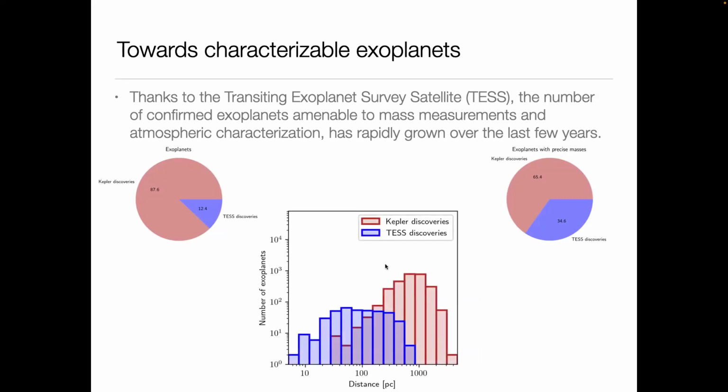And one thing to note is that TESS actually makes these discoveries of exoplanets that are relatively more nearby. There's a reason for that. TESS has a much wider field of view compared to Kepler. So Kepler had a small field of view that it was able to integrate for a longer time so that it could go fainter in its searches, whereas TESS is full sky, nearly full sky. So it's not per area going as deep as Kepler.